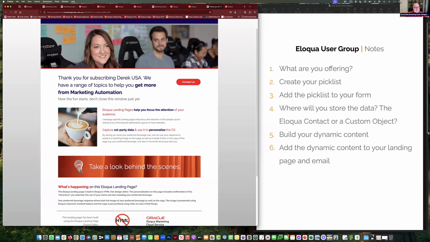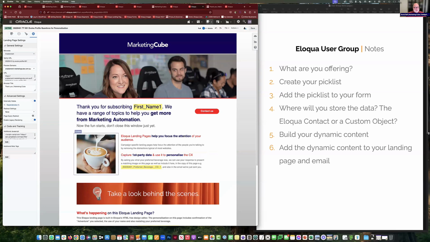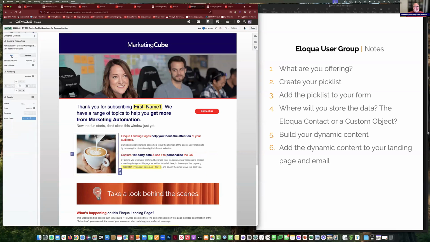so this is dynamic content that you're looking at right here, the image of the coffee. By asking what your preferred beverage was, we can use your response to present a matching image, which is what you can see there on this page, as well as include it here in the copy of this page, e.g. your preferred beverage. That's right. So my default, if I didn't have a response, was your preferred beverage. But if somebody had said that latte was their preferred beverage, then here it would say, e.g. latte, and also in the email that we've just sent you. Okay, so you can see that here. That's where the field merge is, and the dynamic content. So the dynamic content